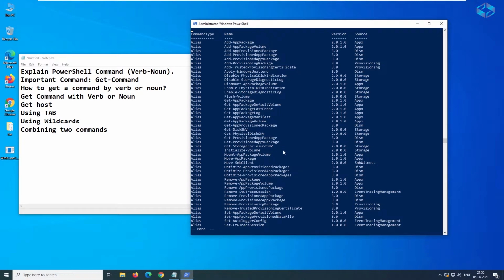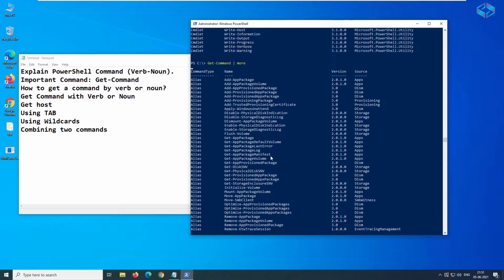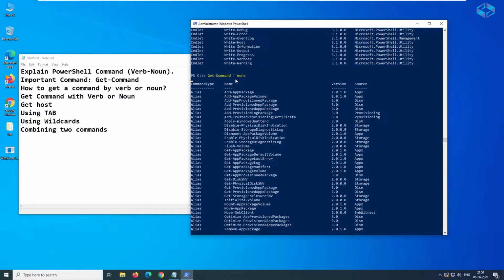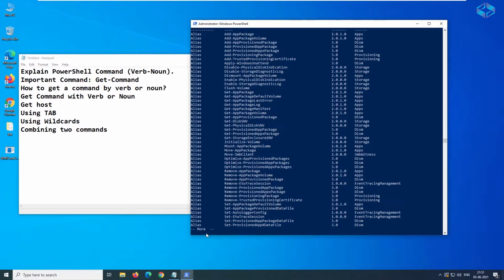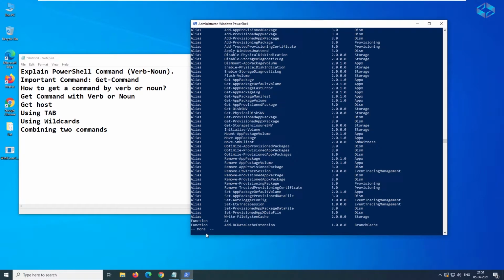This is similar to the command prompt. When you give pipe and more, within the screen whatever is possible it will list out, then it will stop and add a More prompt here. When you press Enter, it will show you the next commands one by one.